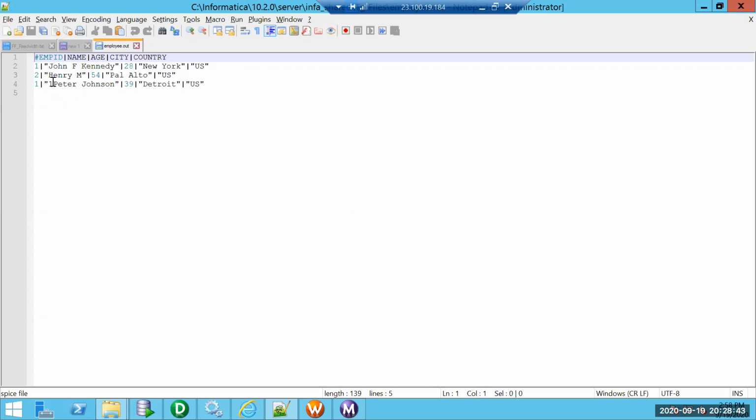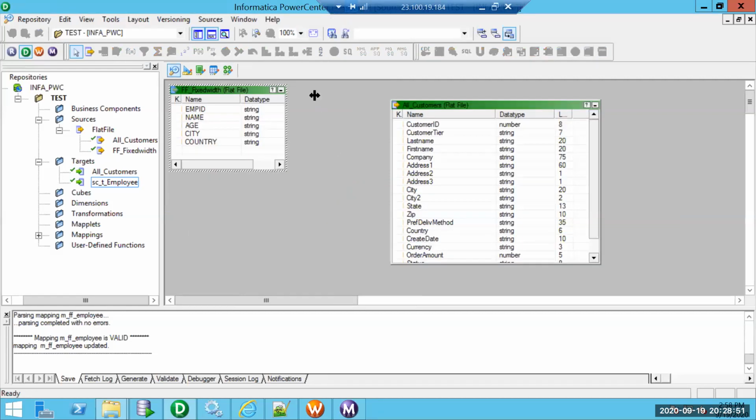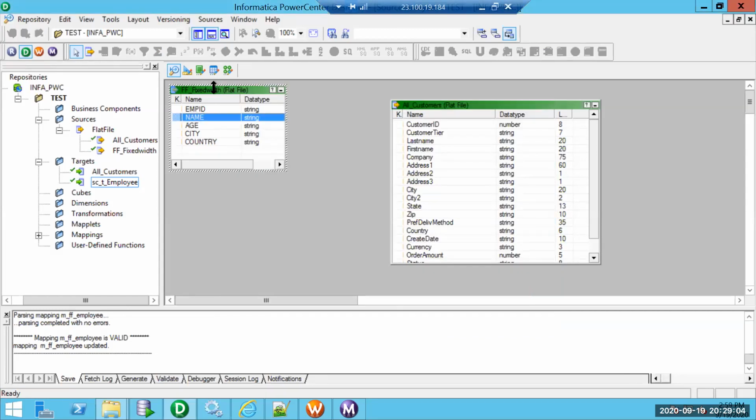First two characters are reading properly here.